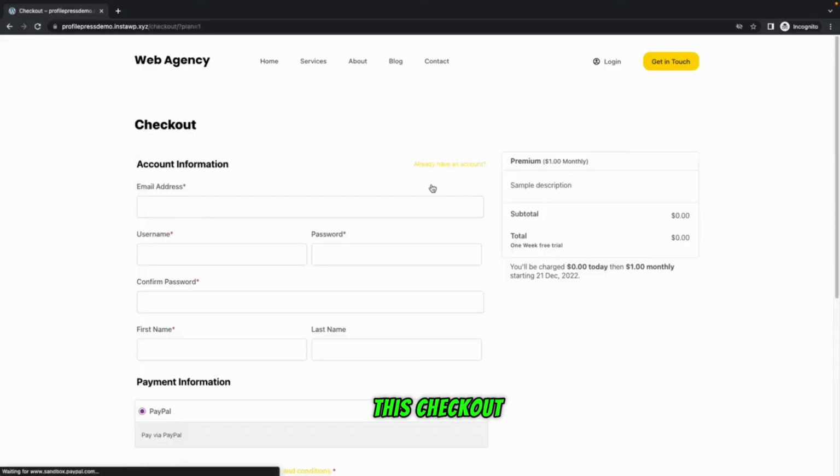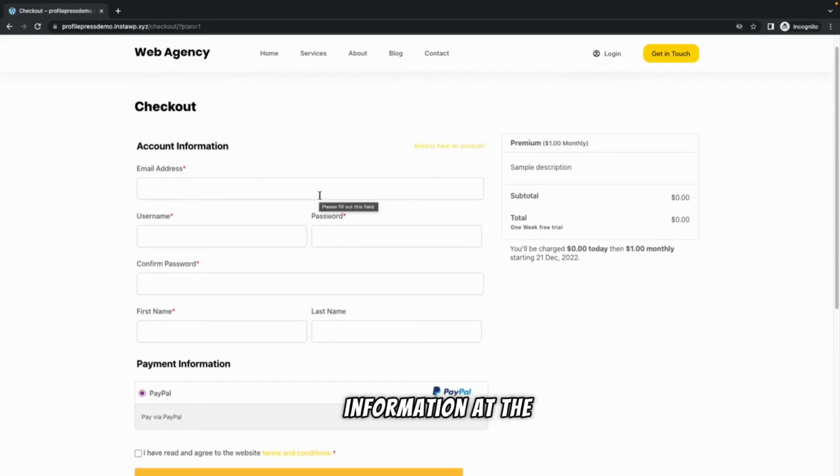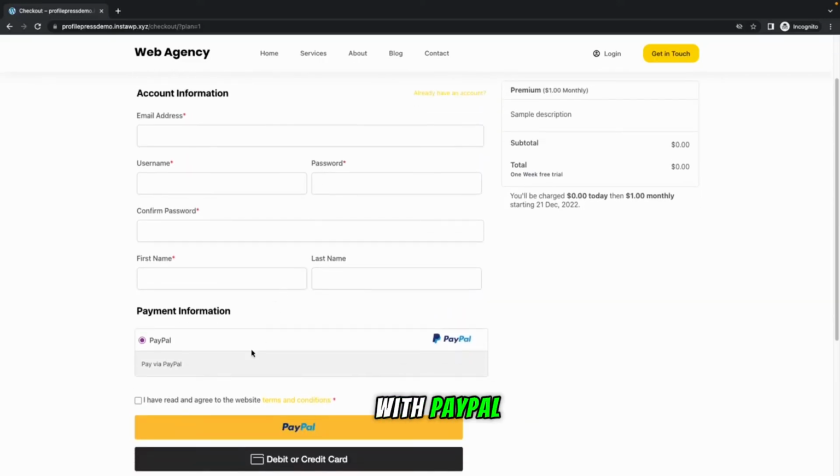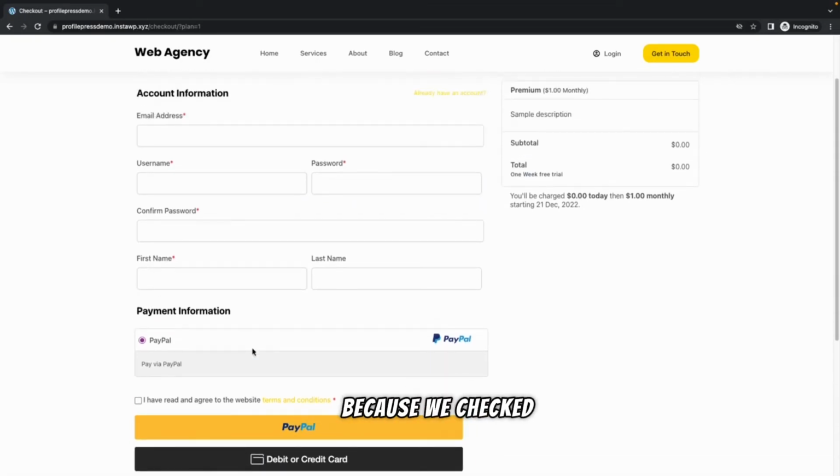And that will take us to this checkout page where we could enter our account information, and under payment information at the bottom, we can choose to pay with PayPal. And we have the option as well to pay with a debit or credit card because we checked the additional